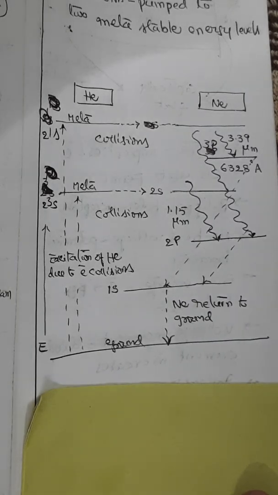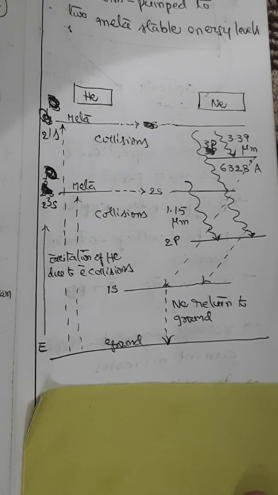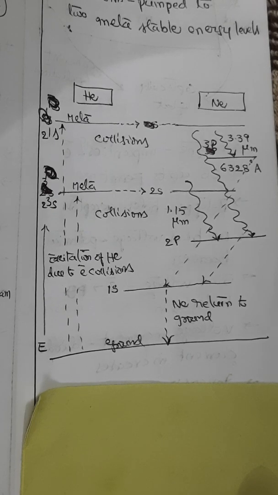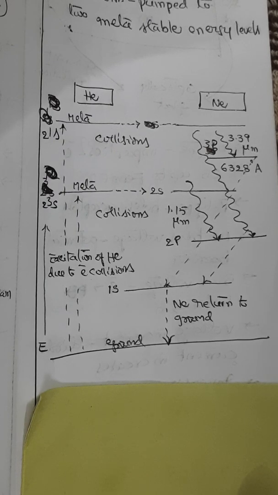There are a few advantages in this process of helium neon laser. Because the excitations and de-excitations of helium and neon atoms are a continuous process, it gives continuous emission of laser radiation. Being a gas laser, it emits more monochromatic and directional radiation when compared to solid state lasers. And this laser, as I told you, is a continuous emission of radiation.